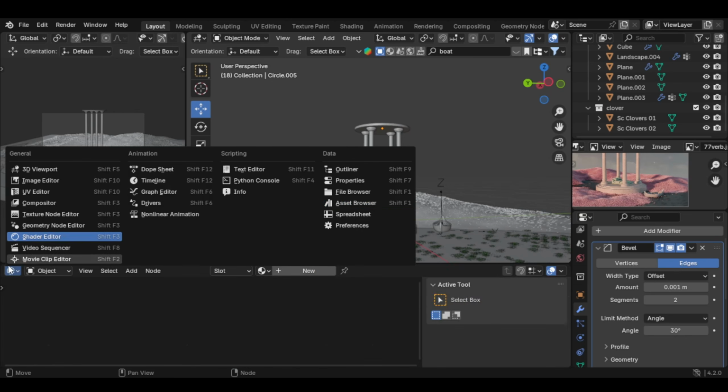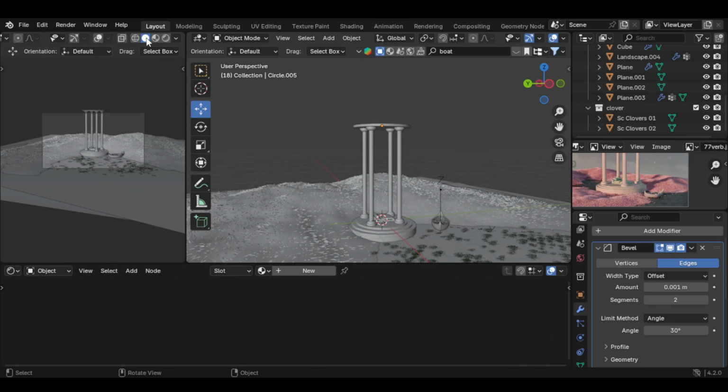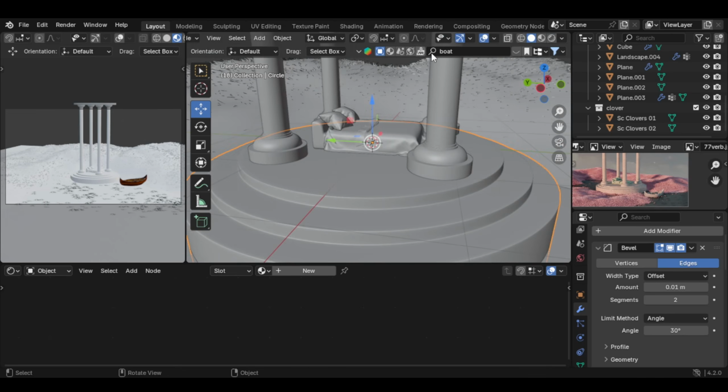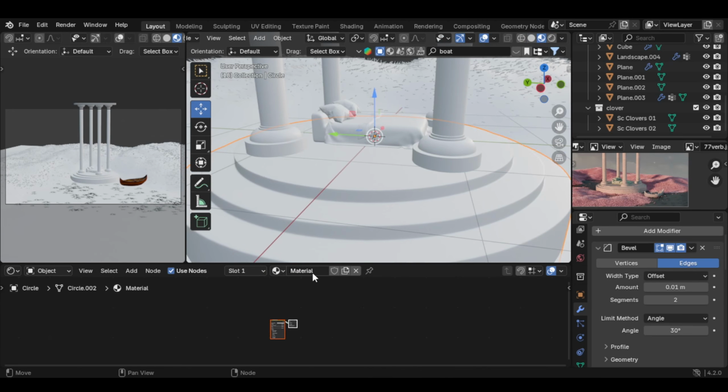So go down here and change it to shader editor. Go up here and change it to material preview so we can see the materials. And let's select the steps first, and we can also change it here. Press new and type in plaster. And don't forget to enable your node wrangler by going to edit and preferences and searching for the add-on node wrangler and then